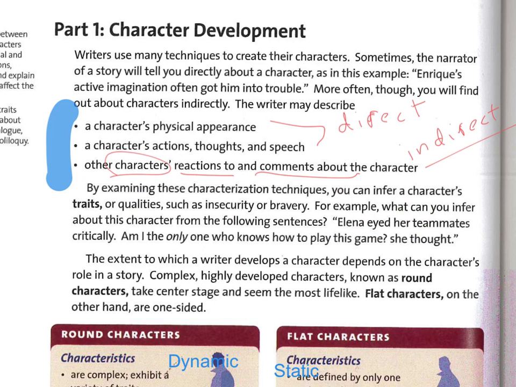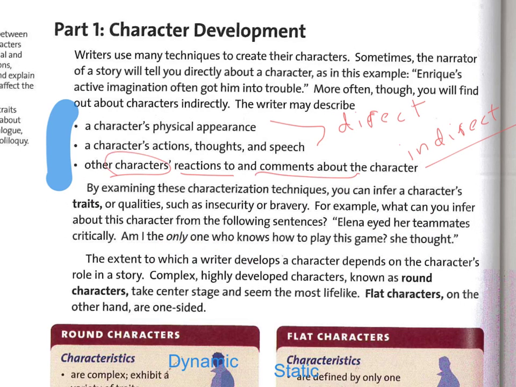So this is what she did, and this is what she thought. So what do we know about Elena? Okay, so she's critical, a little self-centered. Perhaps she really is the best, but she isn't a very good teammate